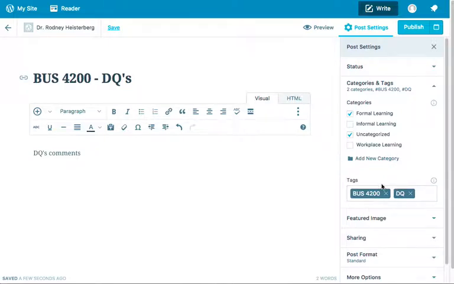Or you can sort it by Business 4200, which will give you the posts for Business 4200. Now, how you use this tagging system and this category system is a personal preference. This will set it up for this particular course and is a good framework for starting, but as you move forward in your personal learning environment, you can set it up any way you want. So I'm going to publish this